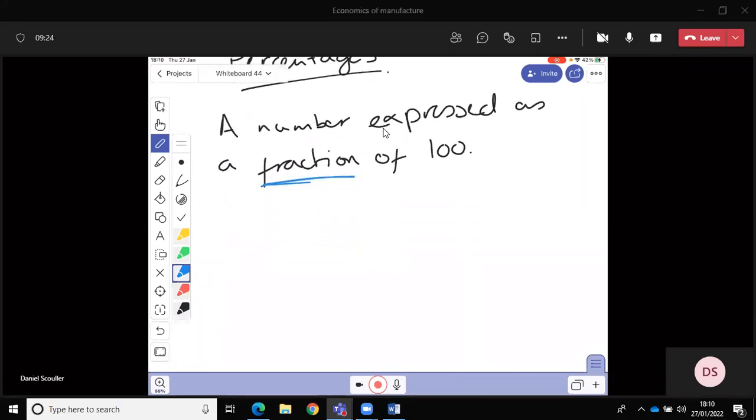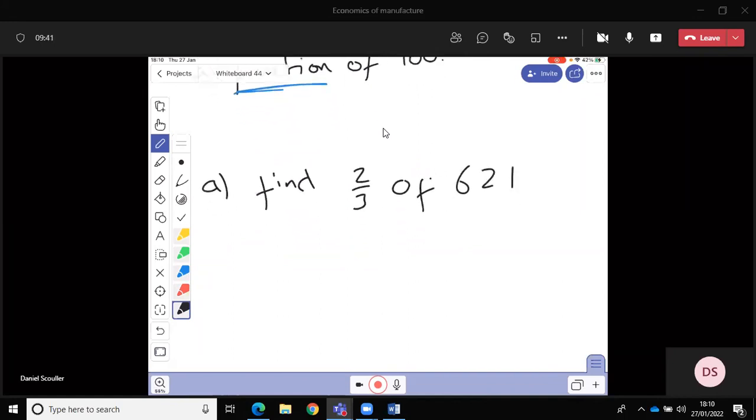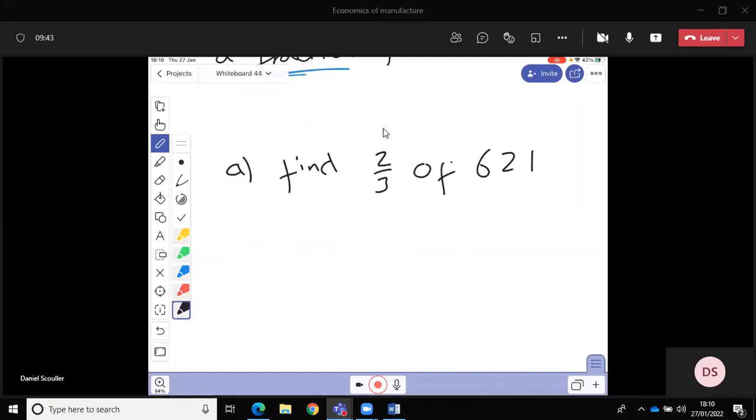So we've been quite used to doing things like find a fraction of something. So find 2/3 of 621. Okay, so looking at that,